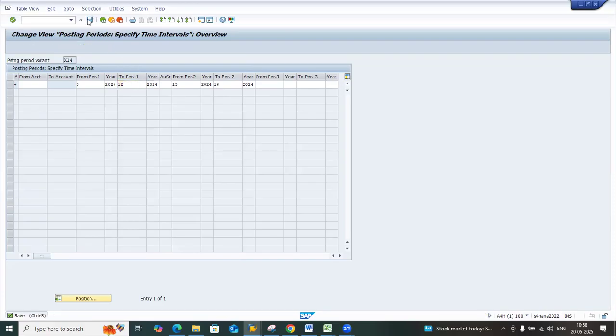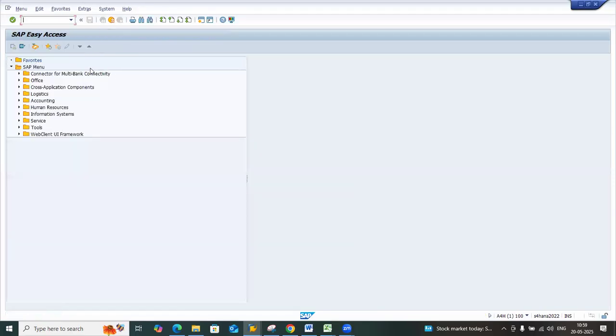Then save. So like this, we have to create open and closing posting periods. And then we have to assign these posting periods to the ledgers also. So to assign posting periods directly to the ledger, what is the T code? This is the T code, FINSC ledger. So if we enter here,